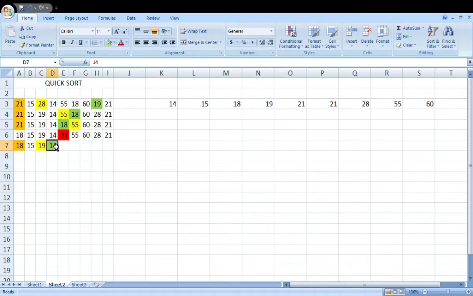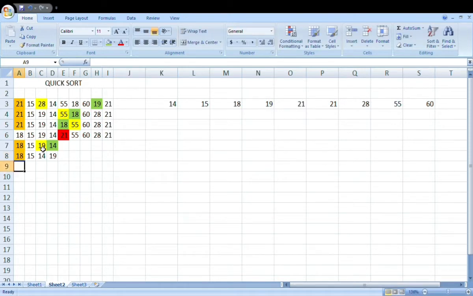Now what it will do, it will compare these two numbers, and see the smaller one is on the right side and the bigger one is on the left side among these two. So it will swap these two values, 14, 19, 18, 15, like this.